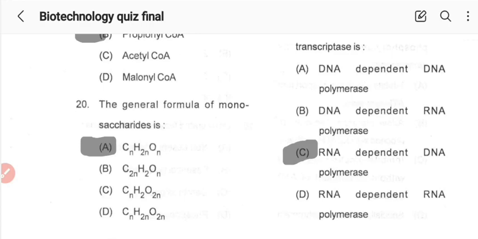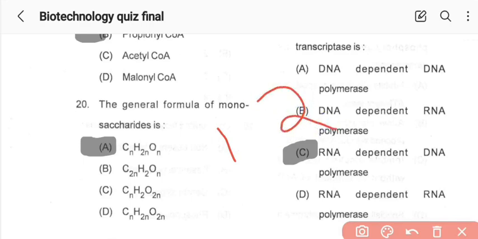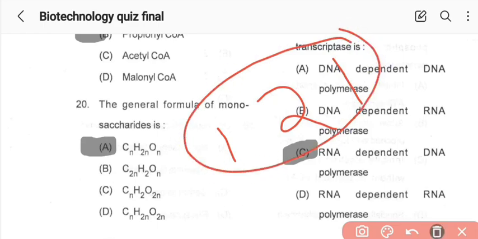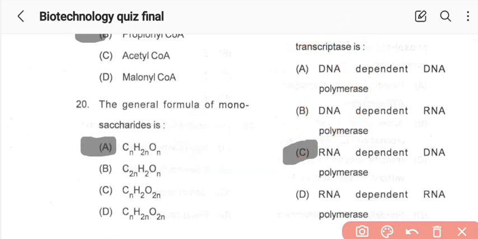Next, the general formula of monosaccharide is what? CnH2nOn. If carbon number is 1, then hydrogen number will be 2 and oxygen number will be 1. This is the ratio. So right answer is A. Then next question